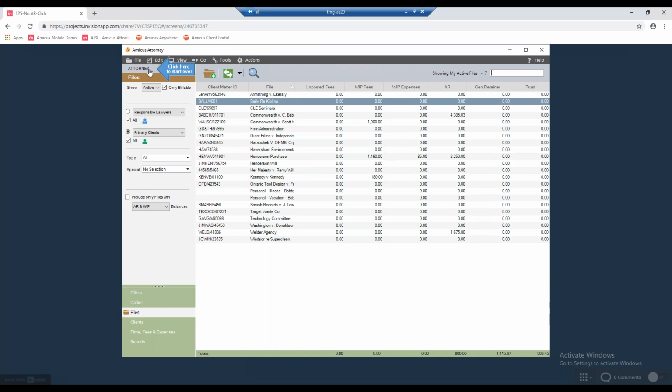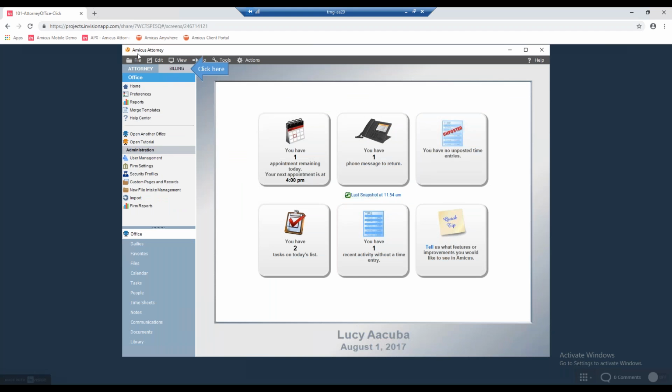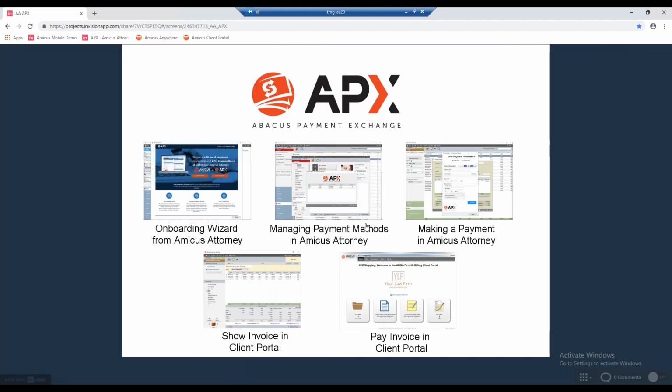So if print client receipts for bank accounts is set, a print receipt prompt would have been displayed for us. We could click OK then to print that receipt. Or we can click Cancel to just return out here to the Files index. So as far as now viewing